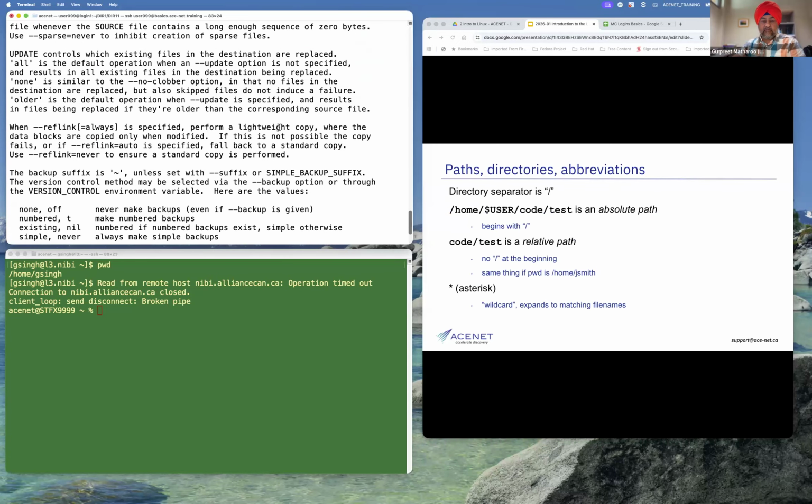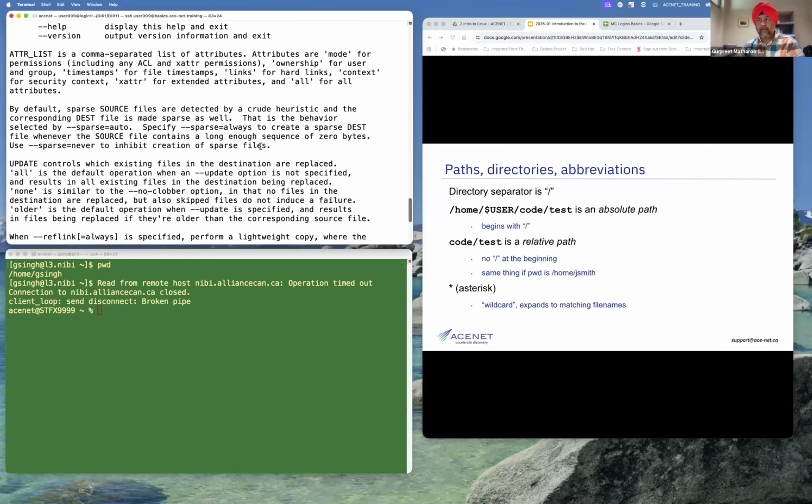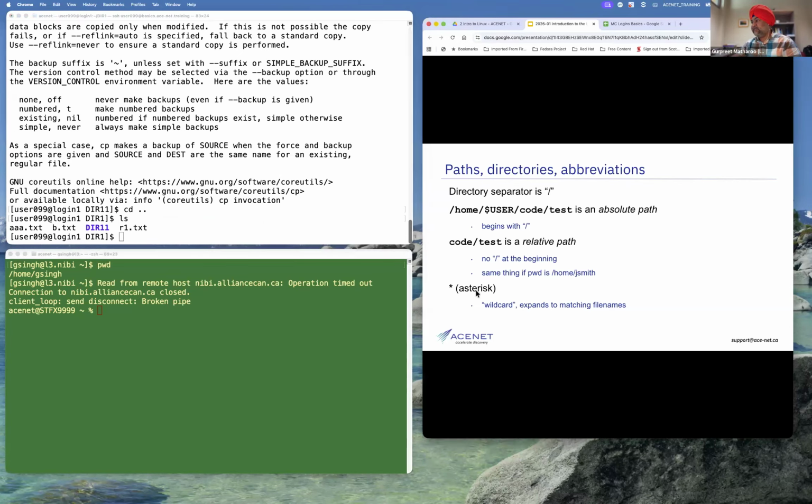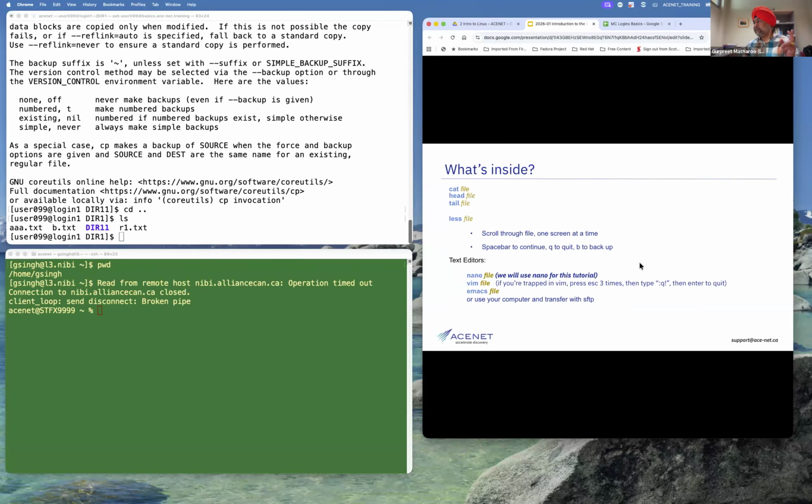In today's modern time, it's always better to Google rather than use the help, which I never used in my time at grad school, when there were fewer resources. But still, it exists. It tells you everything in detail, but you have to read through it, and some people find that hard. The asterisk, I have already explained, is the wildcard, and that's the directory separator. You will talk more about that tomorrow.